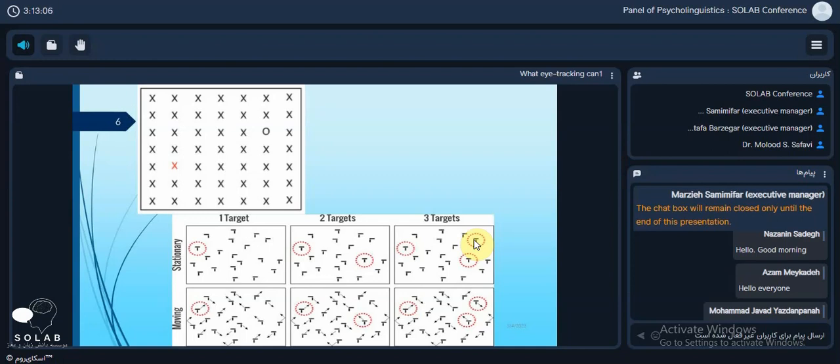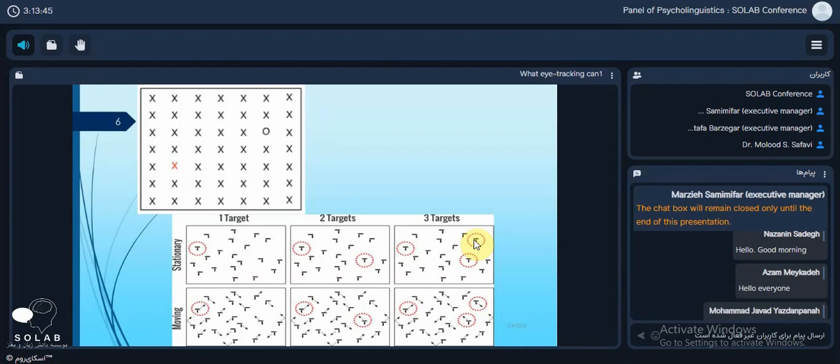But what happened between these two features? Color is the top feature, the more salient feature for the brain. In this regard, you can control your eyes. At a glance, the eyes find the red X, even if I require you to find the O. But among the other X's that are similar to each other, you can find the O in the second eye movement.